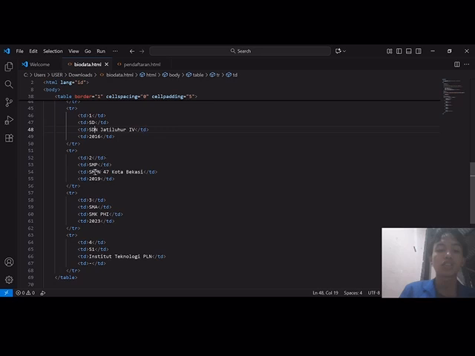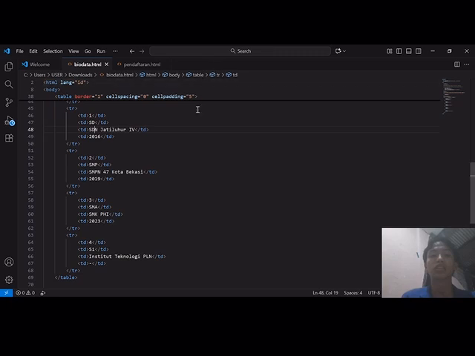The second row is SMP 47 Kota Bekasi, the third row is SMK PSI in 2023, and the fourth row is the Parallel Institute of Technology for ongoing undergraduate studies. This table structure makes it easier for readers to view their educational journey in a sequential and organized manner.